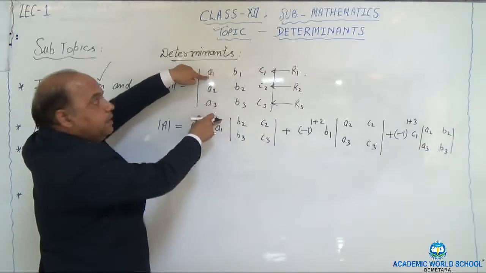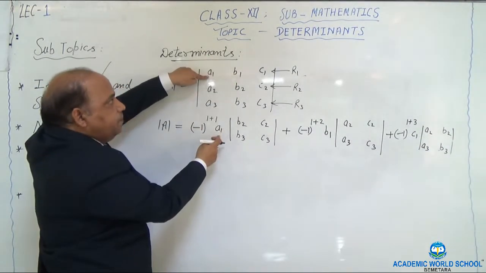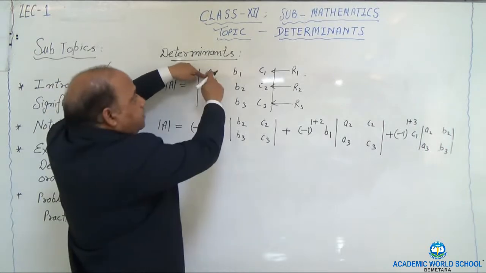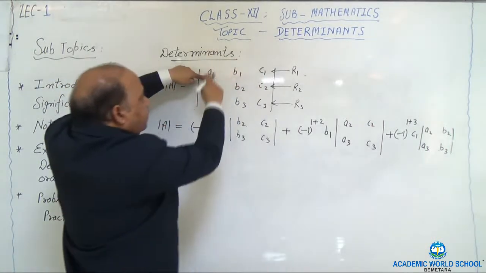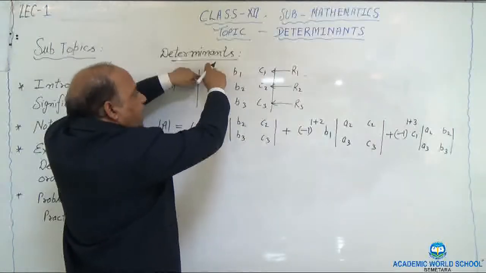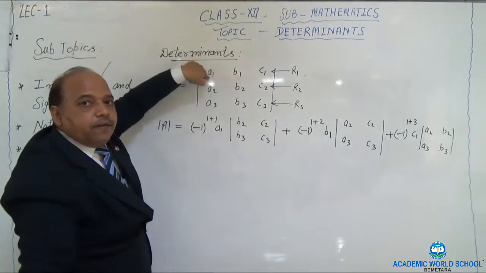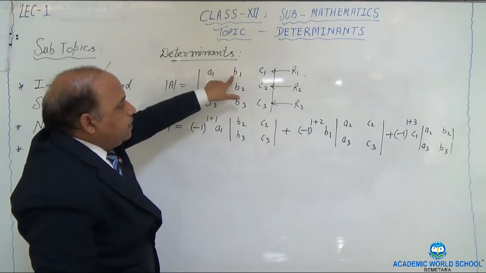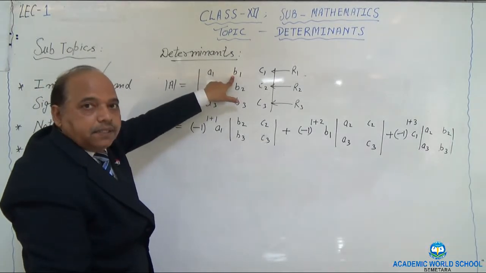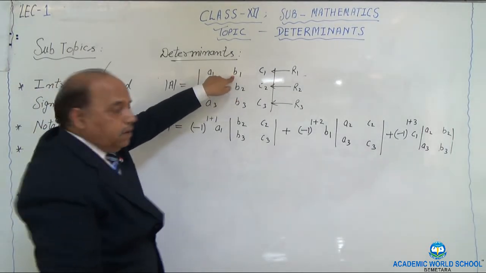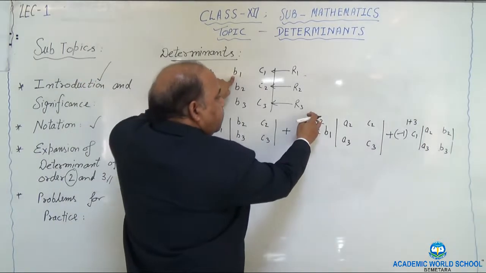They are added. Then multiply by that element, and after that just leave the row and column in which that element belongs. After that, whatever is left, write down as it is in determinant form. Again, you have to write about this. What is the rule? Minus 1 to the power 1 plus 2.